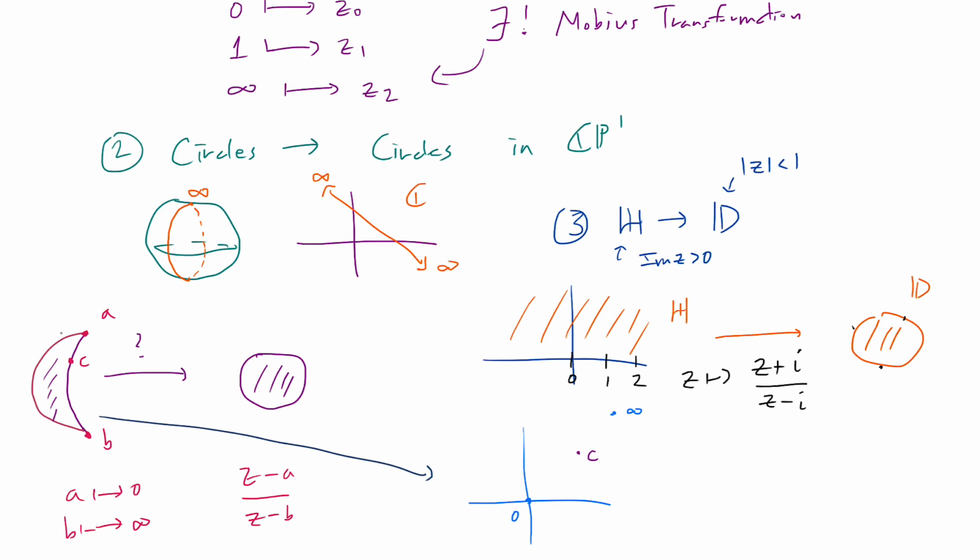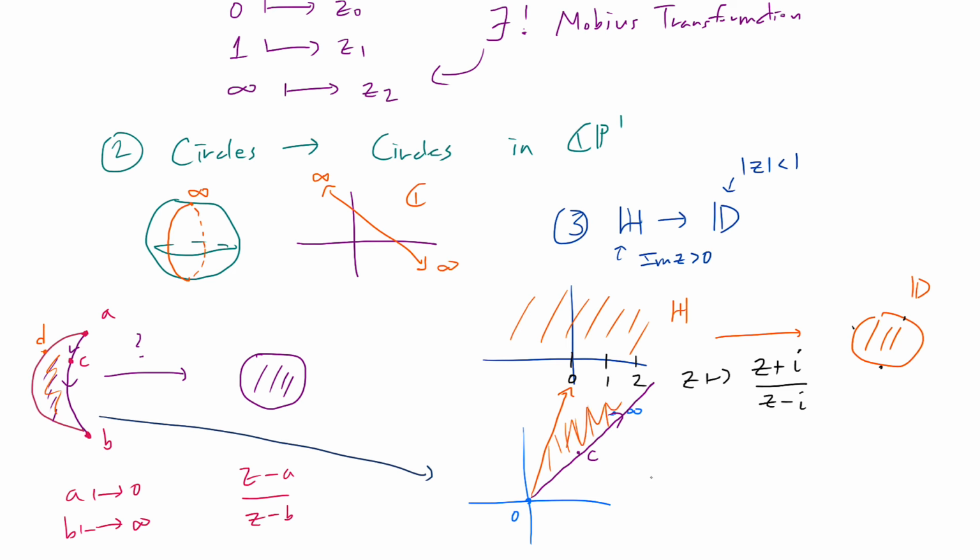So what that tells you is that this arc that goes from A to B, the circular arc, because a circle goes to a circle or a line, in this case, since one point went to infinity, really went to this ray. So (C minus A) over (C minus B) maps this arc to a ray, and by the same reasoning, just pick some D here and check where D went. The other circular arc also went to some ray, right? Something like this. And now, because the interior here got mapped to interior here,